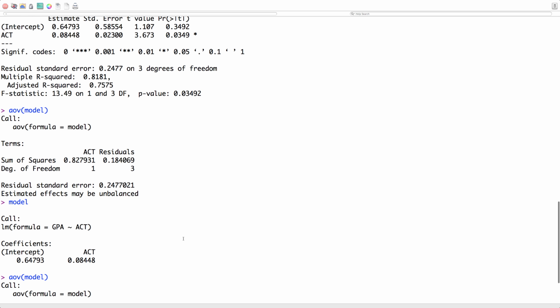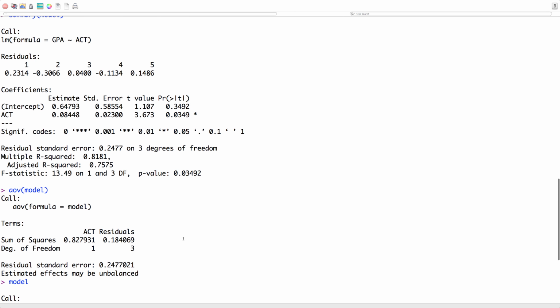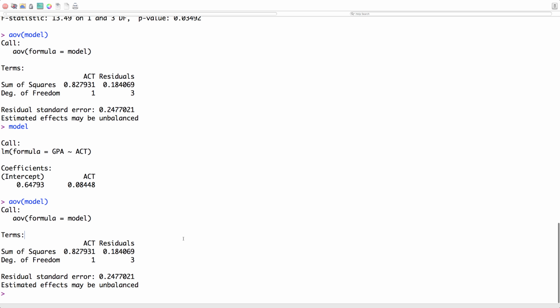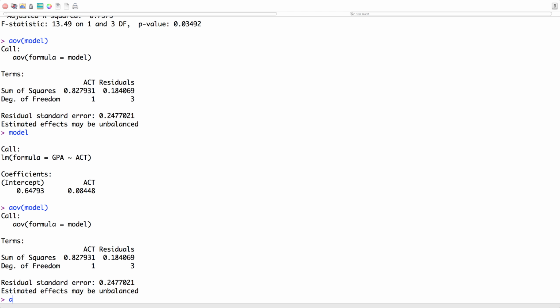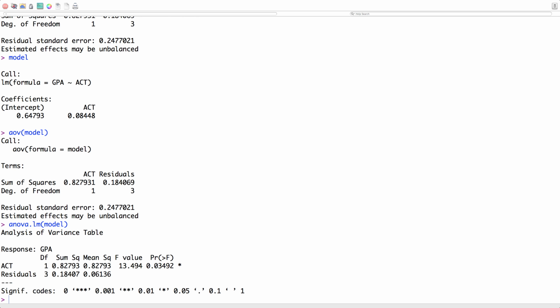The way we do that is by doing ANOVA, linear model. So we're distinguishing in R the difference between an ANOVA, which examines the means over K groups, and the ANOVA for a linear model. And you can see in this situation that we get our terms. Now, I really don't like the way this is presented, because typically what happens